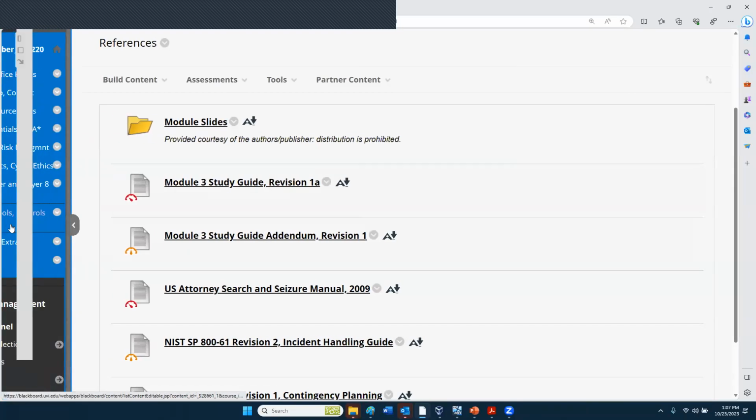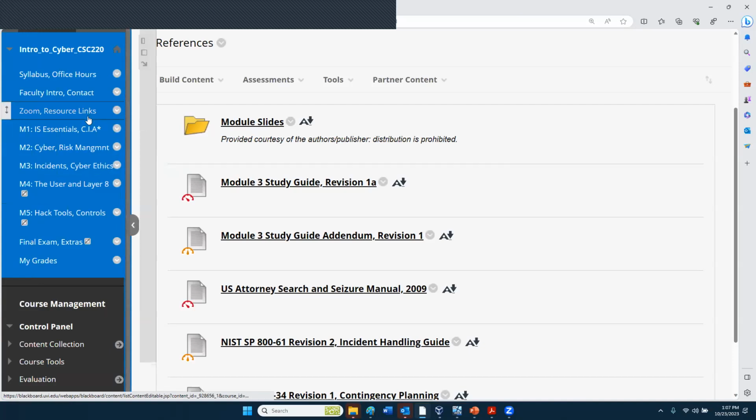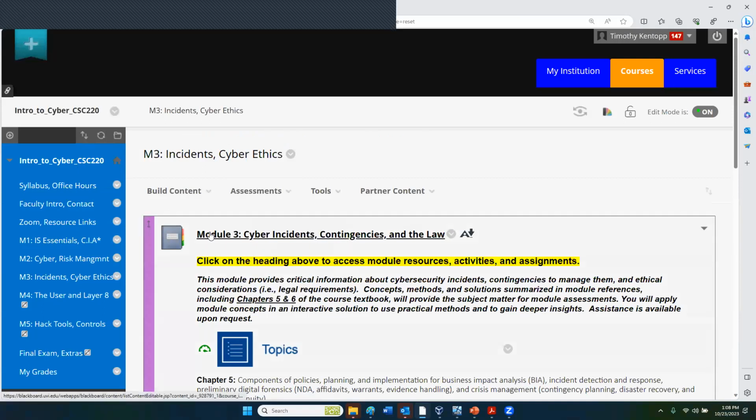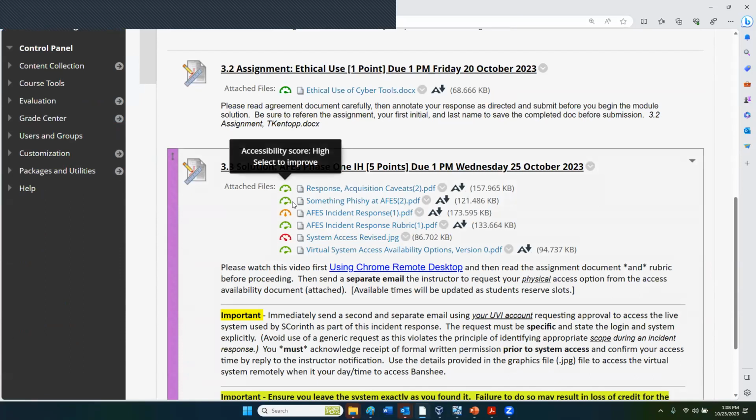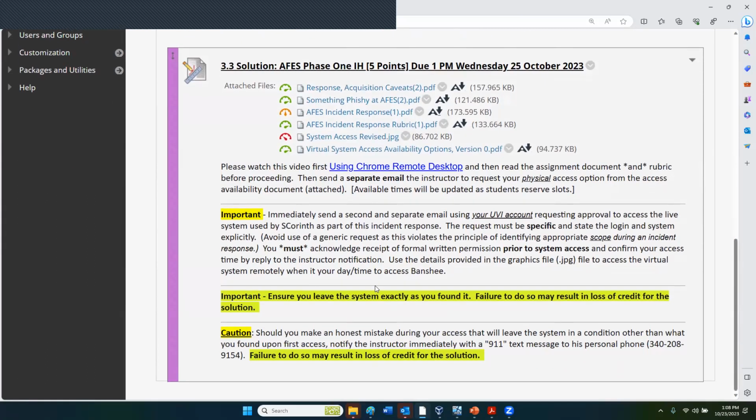So this is a reminder on Monday, 23 October in CSC 220 Intro to Cyber Security. We have some assignments that are due. Some of you have not yet contacted me to select a time when you would like to access the virtual machine and to request approval for that access, because I'm supposed to role play and stand in as an IT manager, granting you access to